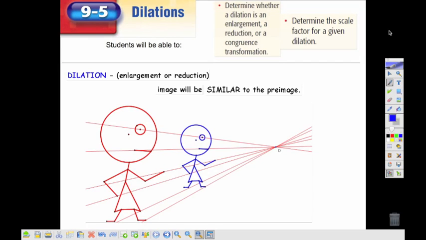Hi, in this lesson we're going to be looking at dilations. We're talking about dilations. What we're talking about is an enlargement or a reduction. We're changing the size of our original figure. And so our image is always going to be similar to the pre-image, so all the things we learned about